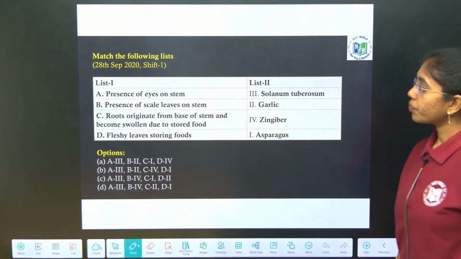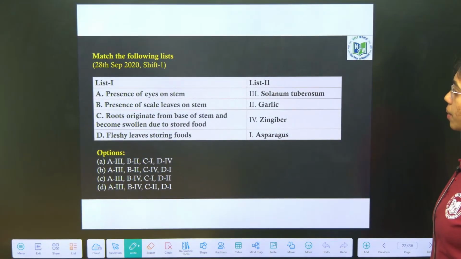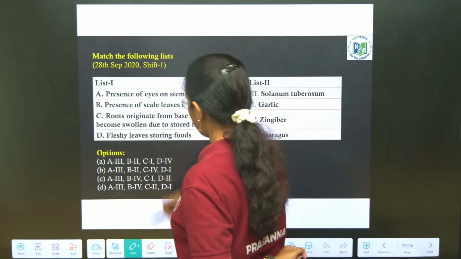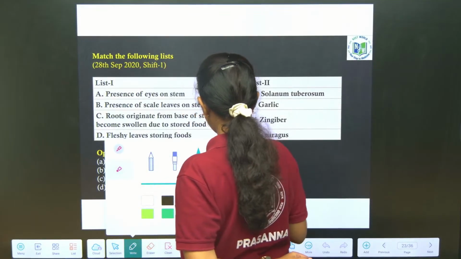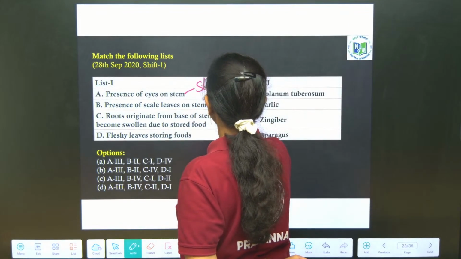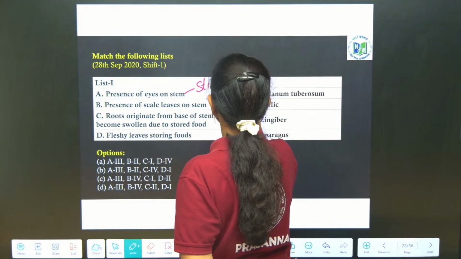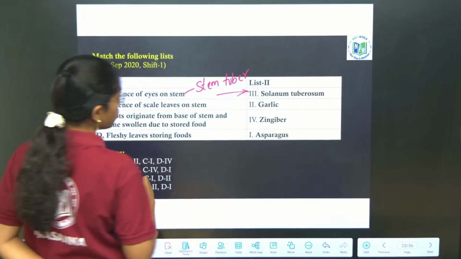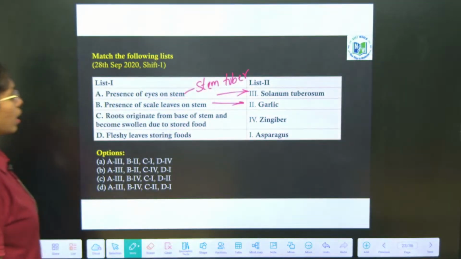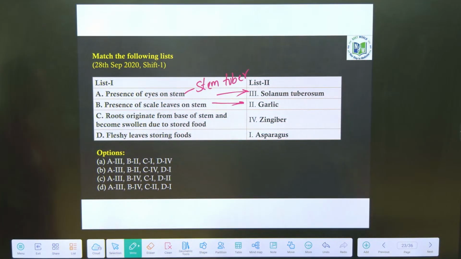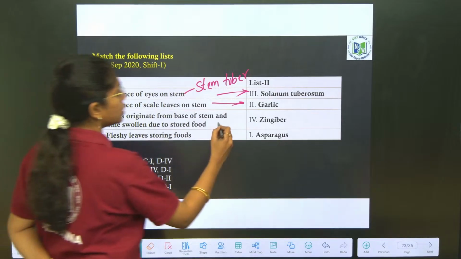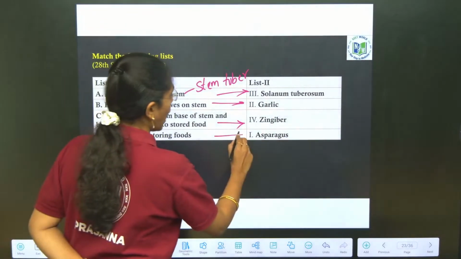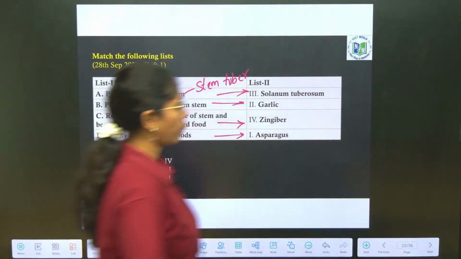Next you see presence of eyes on the stem. This you observe in stem tuber, that is Solanum tuberosum. This you observe in what? Stem tuber. Solanum tuberosum. Presence of scaly leaves on the stem is seen in garlic. Okay. Roots originate from the base of the stem and become swollen due to stored food, seen in Zingiber. Fleshy leaves storing food is observed in asparagus. Okay. Next,